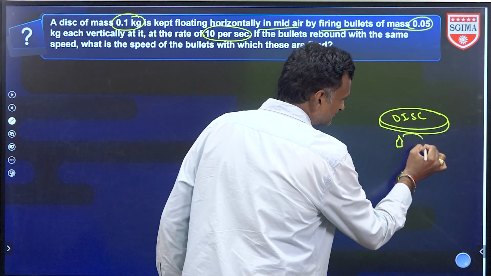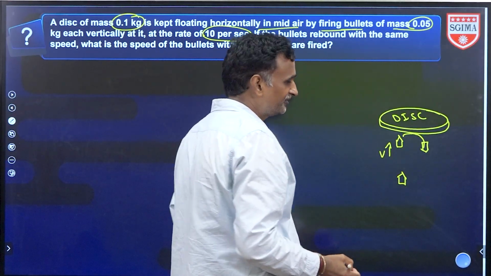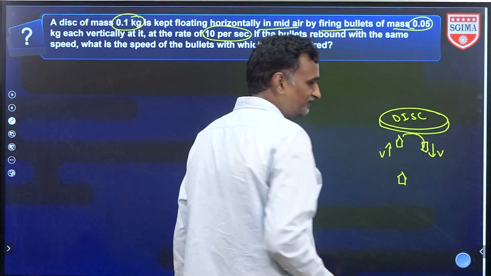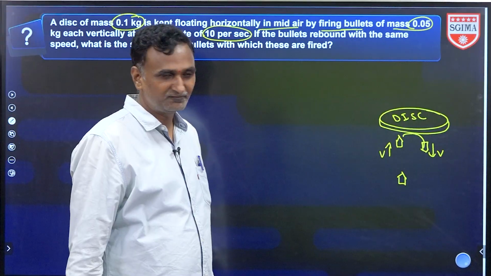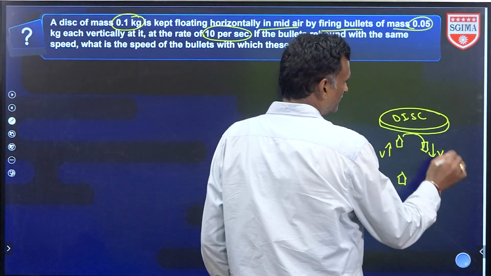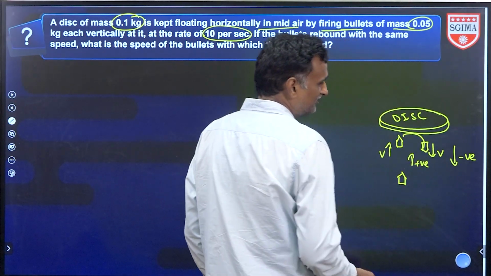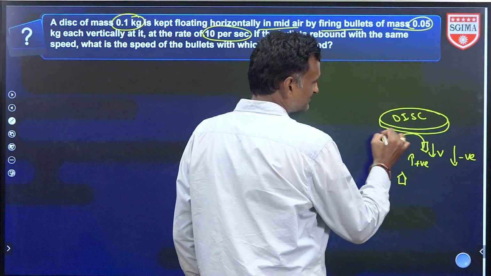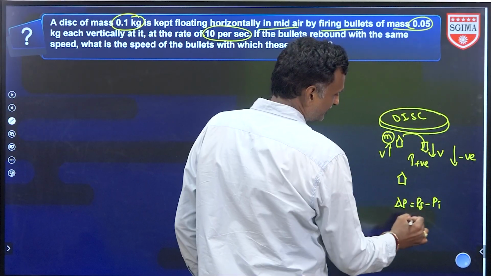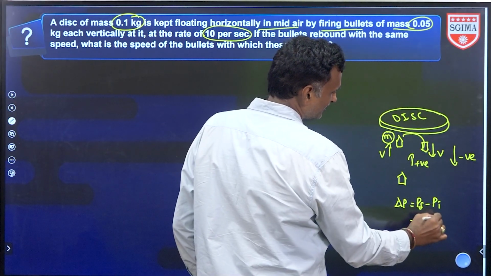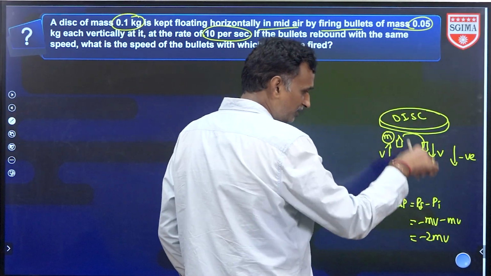Now after striking, the bullet comes back. Suppose it goes and hits the plate with speed v and comes down with the same speed v. So we need to find out how much change in momentum takes place. Downward I take as minus and upward as plus. Each bullet's mass I take as m. So change in momentum is p final minus p initial: downward is minus mv, upward is plus mv, so finally minus 2mv in the downward direction,